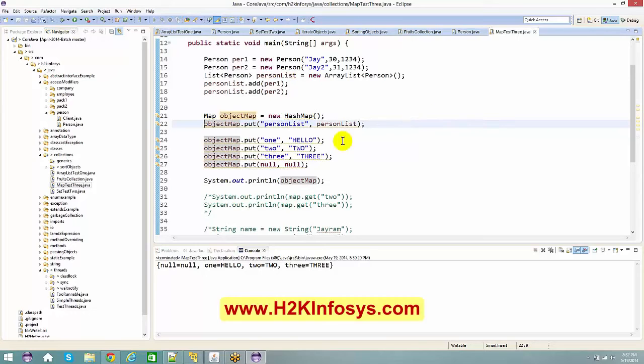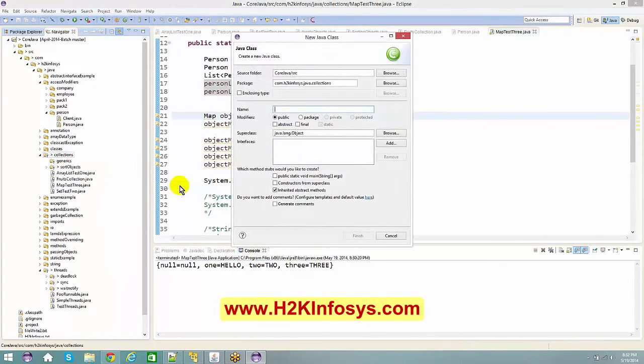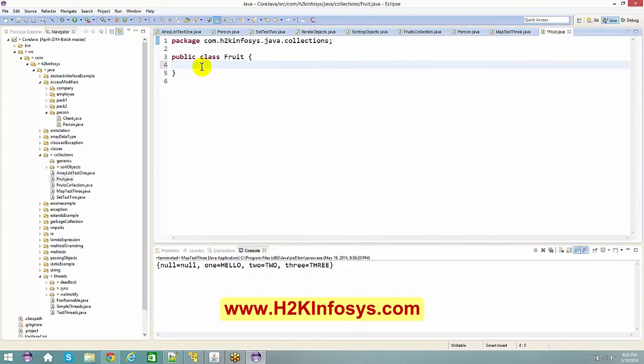Now here when I say a map, I am able to use map.put with a key and a value. Now the key, I can have any kind of object. Here in this case, I'm just using a string, a person list, right? Now if I create a new class, let's say fruits, I just say here public string name,